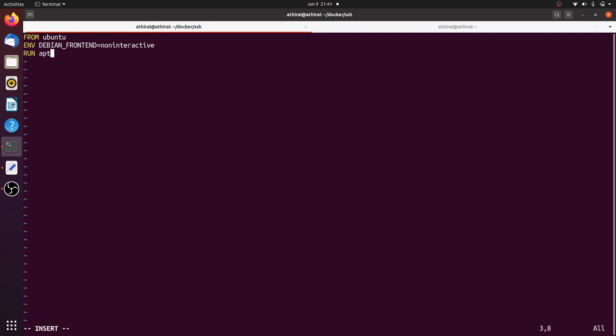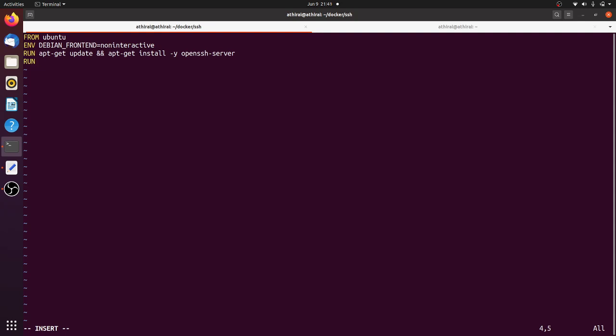And I'm going to do apt-get update followed by apt-get install -y openssh-server, so this will update the apt repository and then install the OpenSSH server.